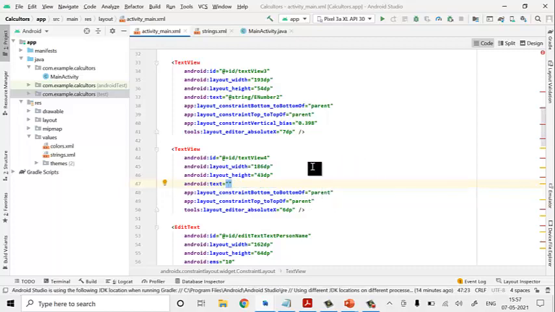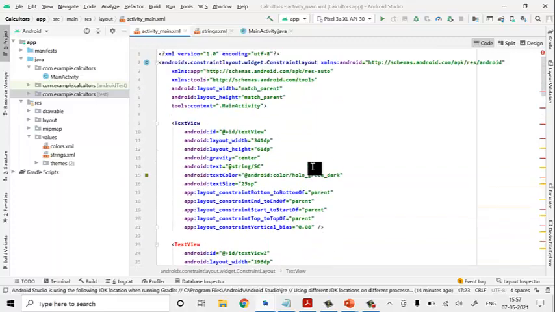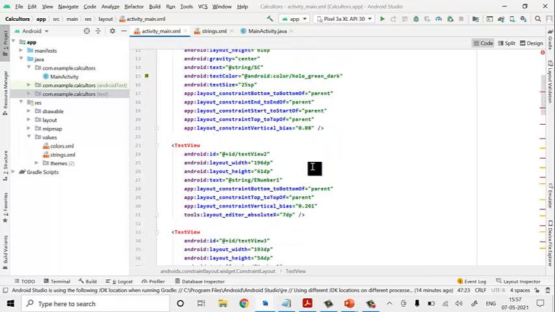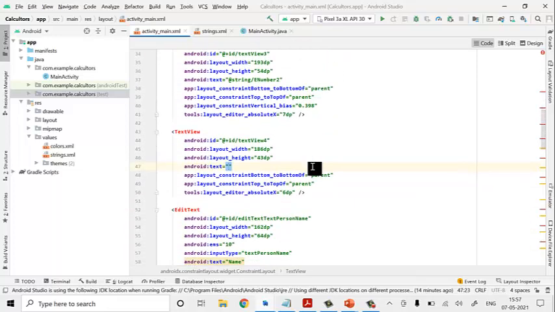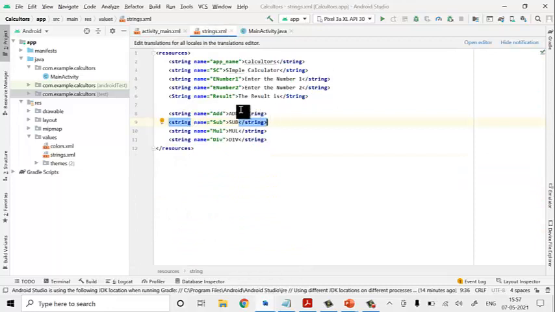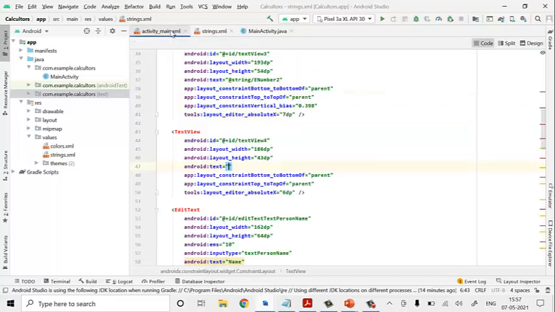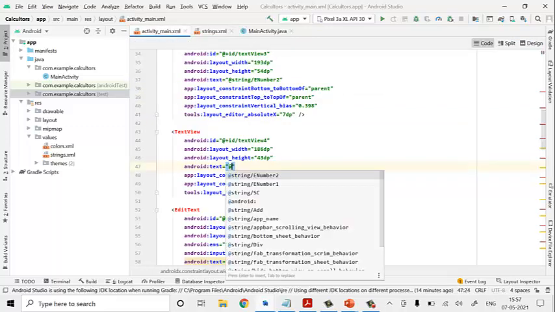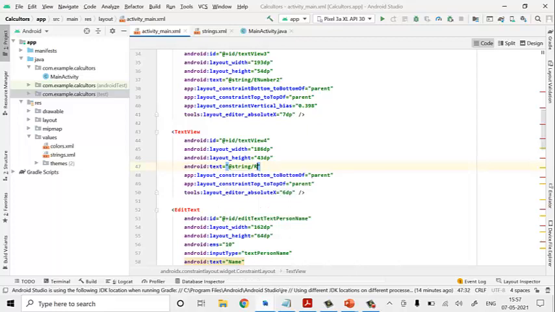Text view, Android text view 2, 3, yes 4. What is done here in the strings.xml, somewhere I must, okay, here I have given capital yes. So now let us save it and again you come back here at string, you click on it, you'll get result.